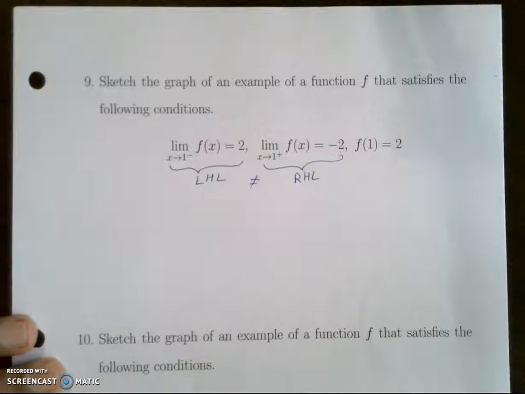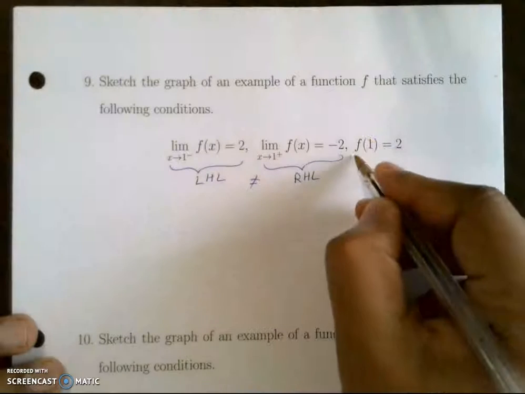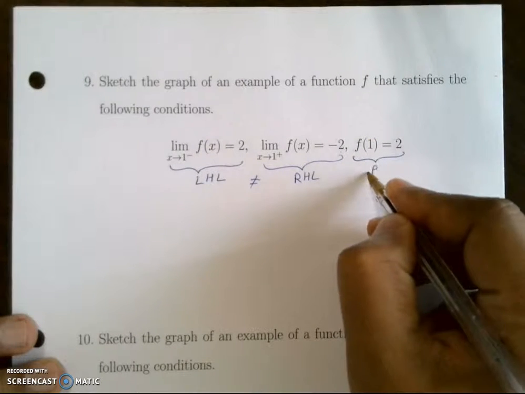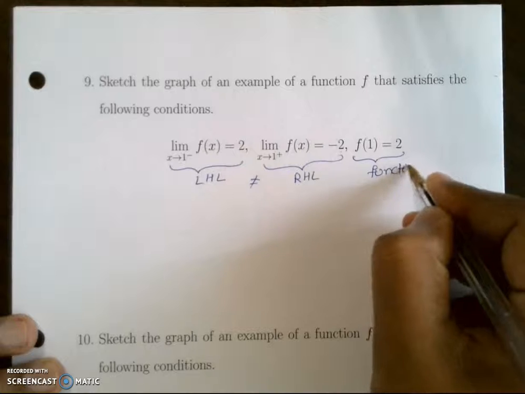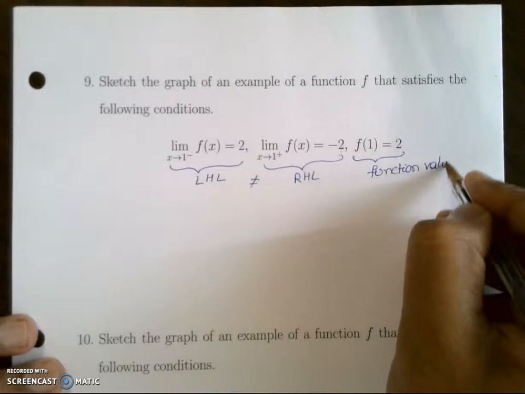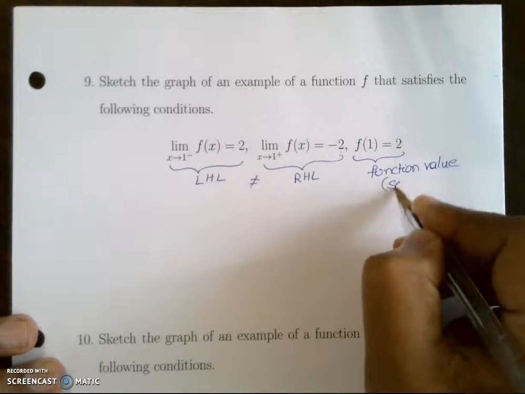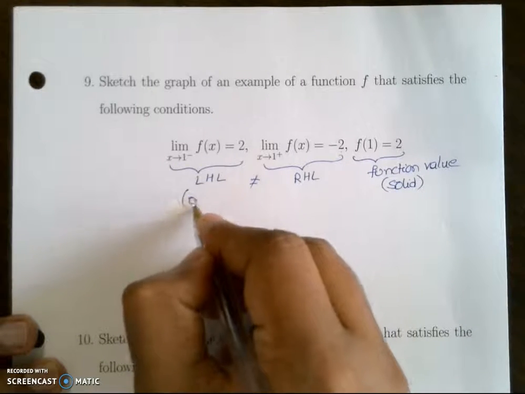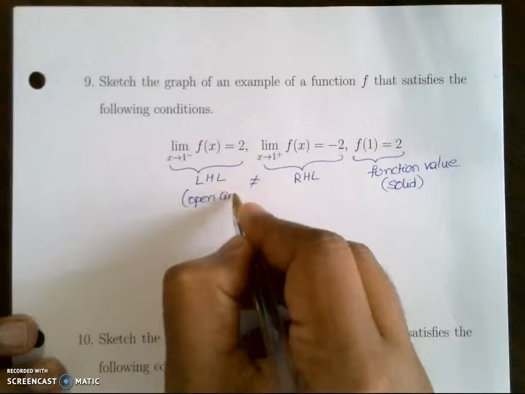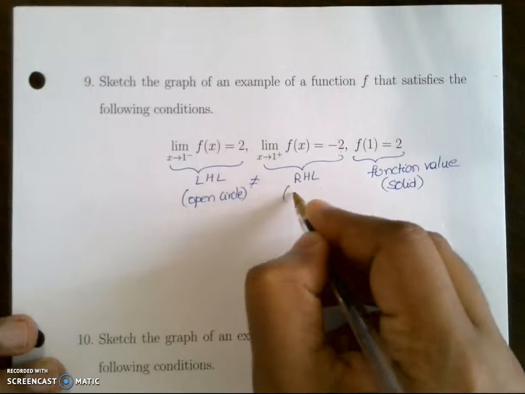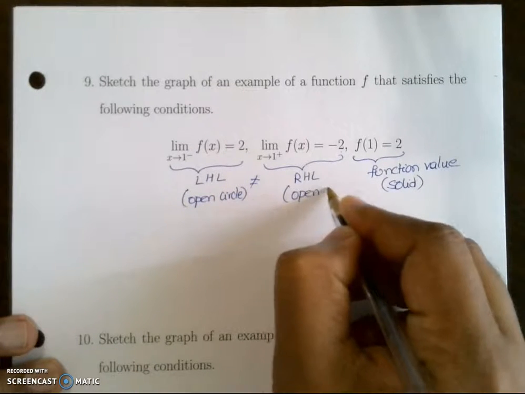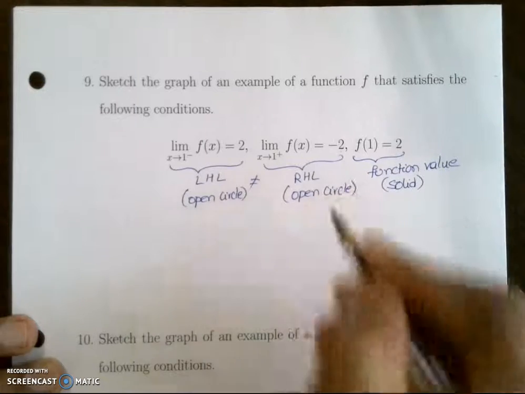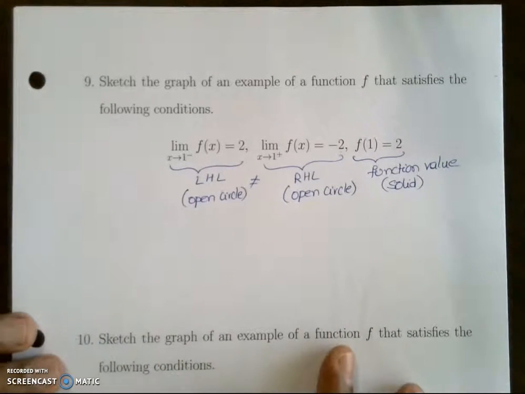That means the limit does not exist at 1, and f(1) is equal to 2. This is the function value, so it is represented by the solid circle. The left-hand limit is represented by an open circle, and the right-hand limit is also represented by an open circle. Now let's go ahead and graph